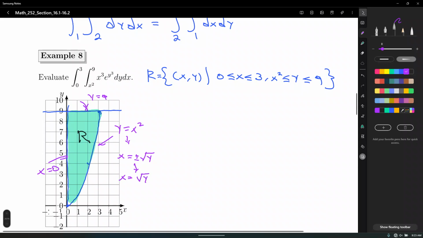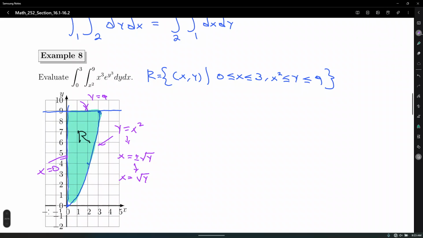Okay, so now we're ready to set up the double integral. Let's write down the region of integration. So instead, I'm going to write R the other way around: all the points x, y such that, be careful here, because now x is no longer varying between 0 and 3. x is varying this time between 0 and the square root of y. Also y is varying between 0 all the way at the top